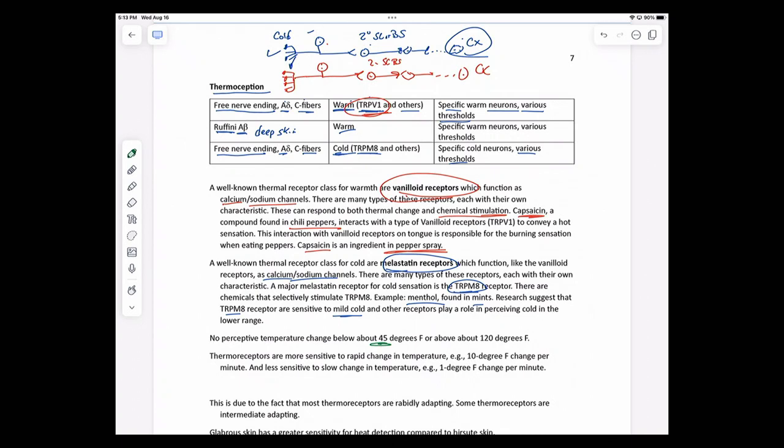So if I were to have you take a bar that is set at, say, 35 degrees, and then grab a bar that was set at 25 degrees, you could not tell that the 25-degree bar was colder than the 35-degree bar. So you lose the ability to discriminate degrees of coldness below 45 degrees. Now, if it gets really cold, you're going to start, again, setting off pain receptors, and again, I'll hold off on that until the lecture where we talk about pain.